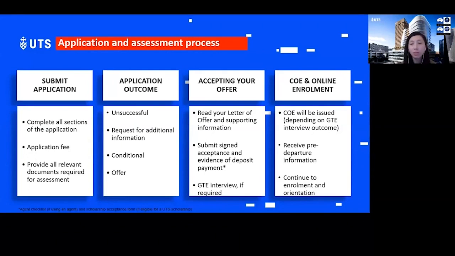You will also then receive pre-departure information, which gives you step-by-step instructions on how you activate your UTS email account, how you register or enroll into your subjects, and register for orientation. Please make sure that you attend orientation because it's a wonderful opportunity for you to know how the university works, how you may